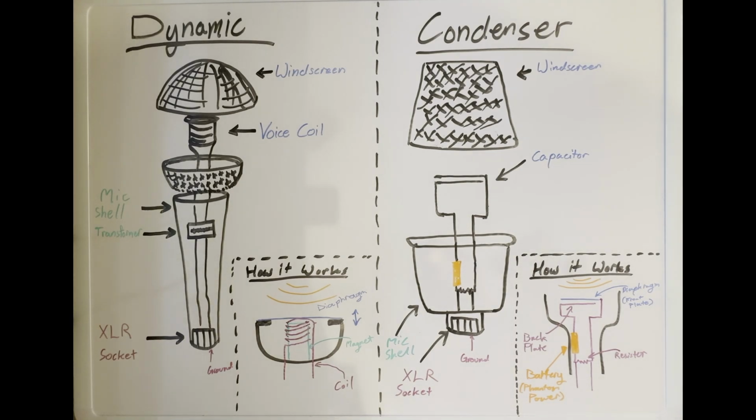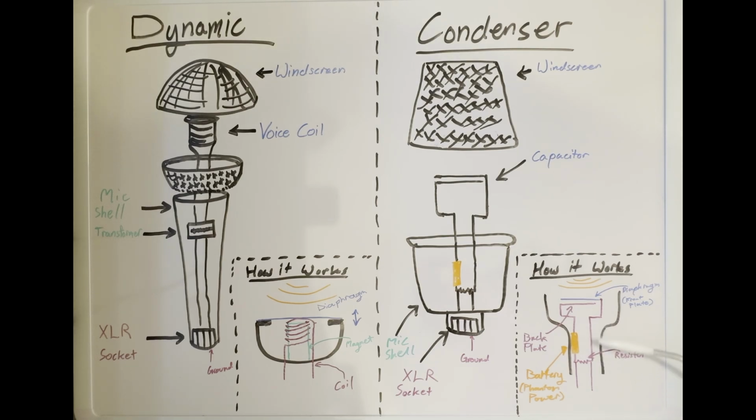condenser microphone. When sound waves move the diaphragm, there's a little plate. The diaphragm is actually called the front plate, and then there's another plate behind it called the back plate. When the diaphragm moves, the space between the front plate and back plate changes, which alters the capacitance and creates an electrical current. The circuitry in a condenser mic requires phantom power, which can either be supplied by an